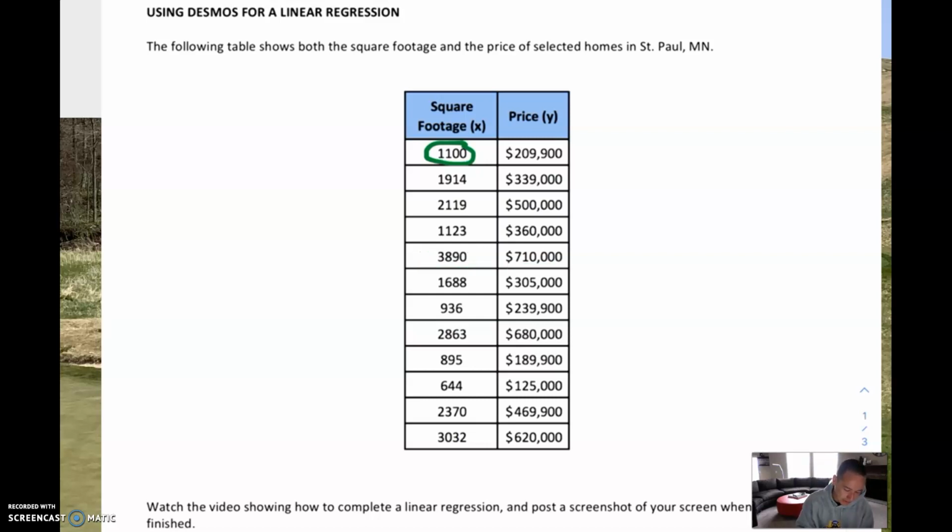So I just found a list of houses that are currently available in St. Paul. Actually, they're probably sold now. Like every house is selling right now. So these are all houses that were for sale at some point in St. Paul very recently. And what we're going to be doing is we are going to first type this table into